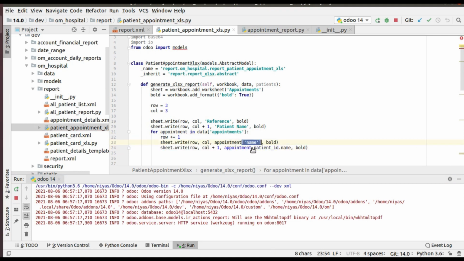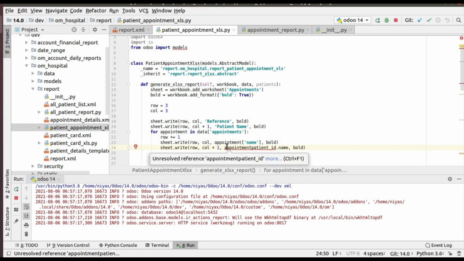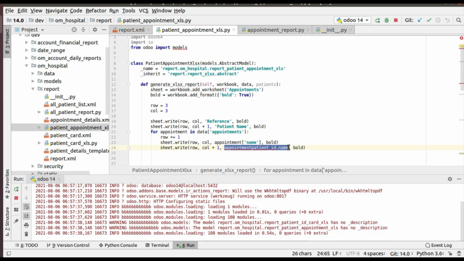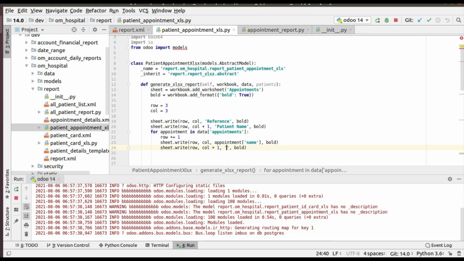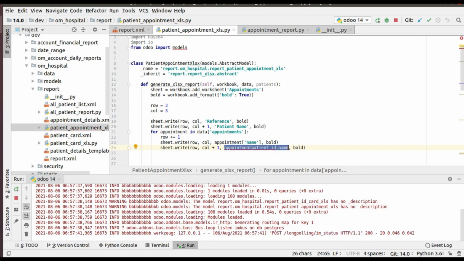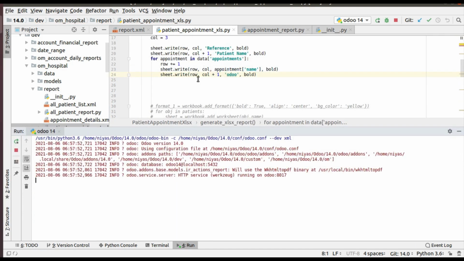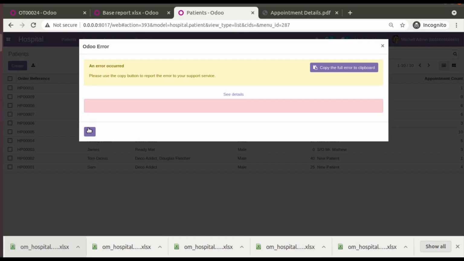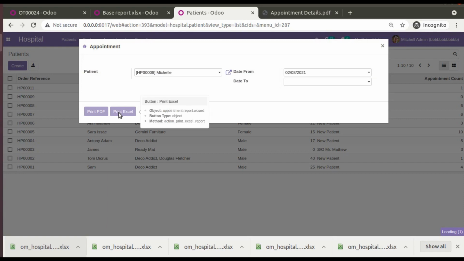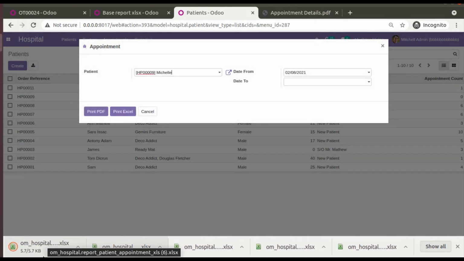I'll show you, simply I'll give like this, or let me try, I'll put a hard-coded name here, Control Z, appointment of, let me print something like Odoo. I'll print a hard-coded label and let me restart. I'll explain and let me try to print it again, print Excel. You can see there is no error. The file has got generated